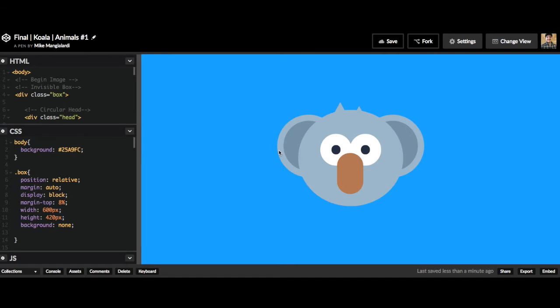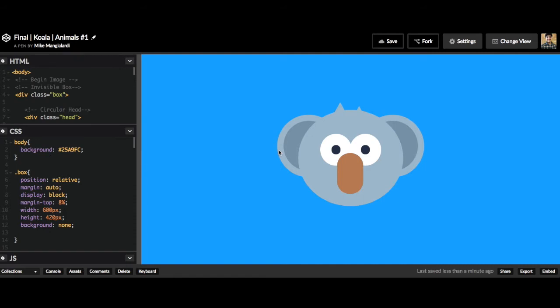So if you're not familiar with pure CSS images already, I highly recommend that you check out the beginner's guide to pure CSS images, which I've linked in the description. However, that's not really a prerequisite for this tutorial per se, as we're just going to be discussing how to handle CSS animations. All right, with all that aside, let's go ahead and get started with adding some animations to